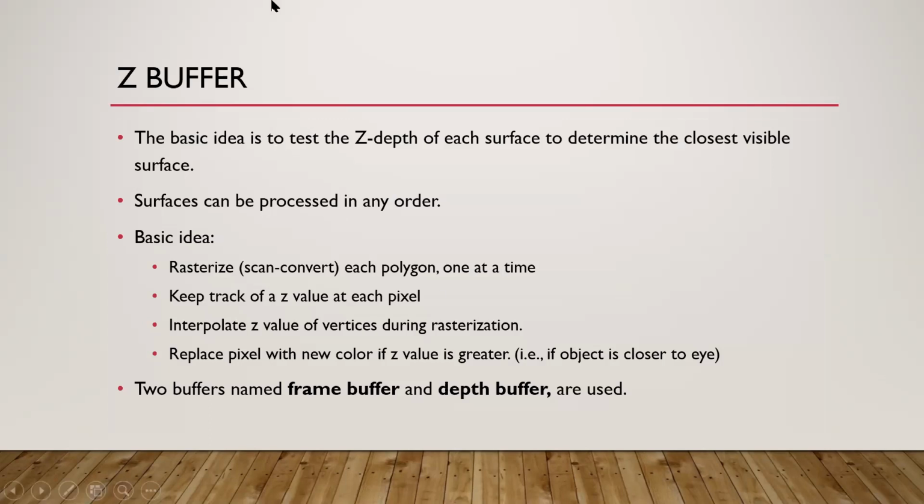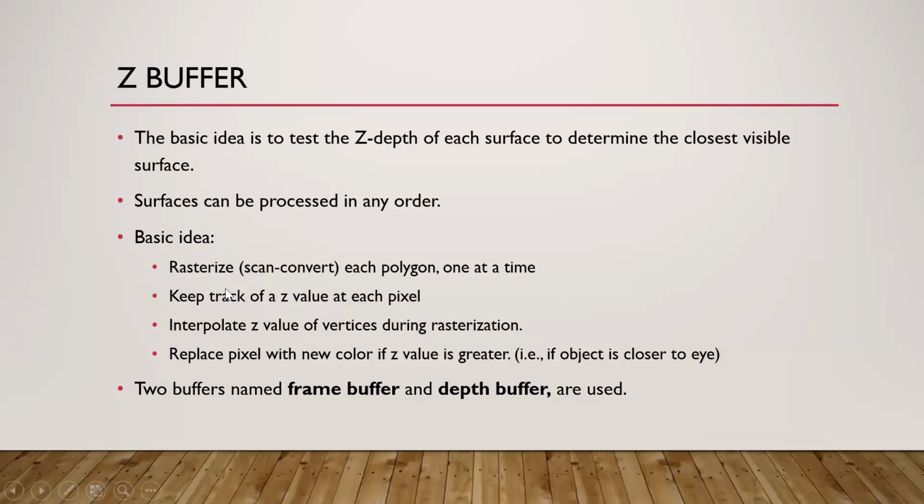The next algorithm we are going to study is the Z buffer. The Z buffer comes under the image space method. Why? Because here instead of taking parts of the object, we take the Z value of each pixel position of the polygon surface under consideration. Each pixel has three coordinates: x gives you the width, y gives you the height, and z gives you the depth.